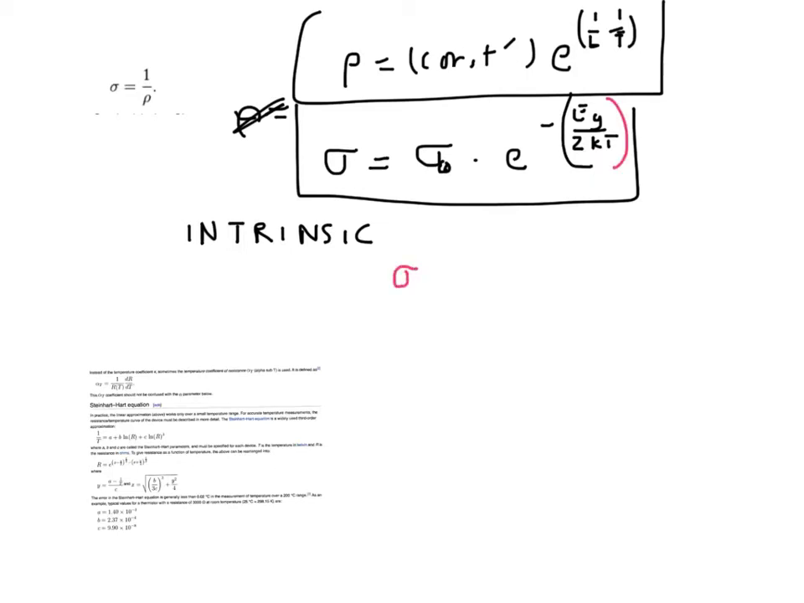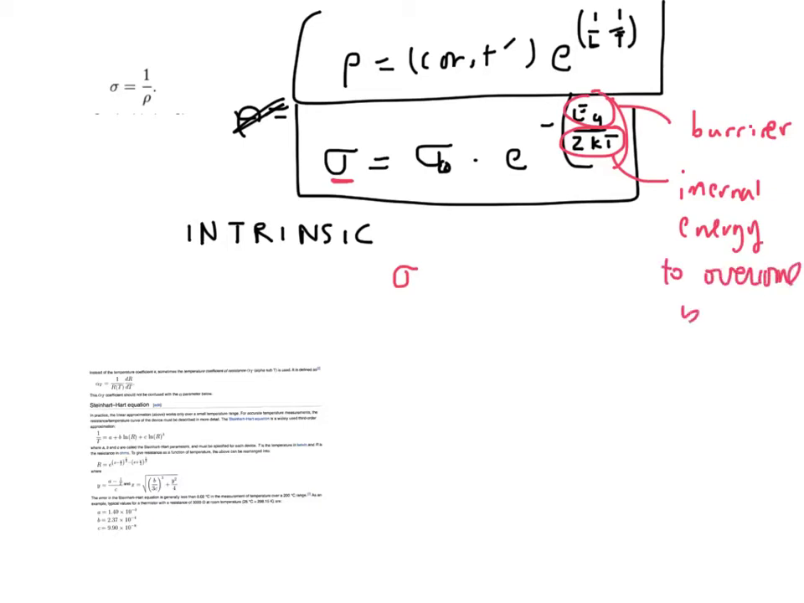that the conductivity is, okay, if we break this out, E gap is somewhat of a barrier. As E gap gets larger, you can see that this term gets smaller under the same conditions. 2kT, this may be familiar to you. This is essentially the internal energy available to overcome the barrier. So if there's more thermal energy or internal energy, it's easier to overcome this gap, and the conductivity goes up. So I like this form of the equation more,